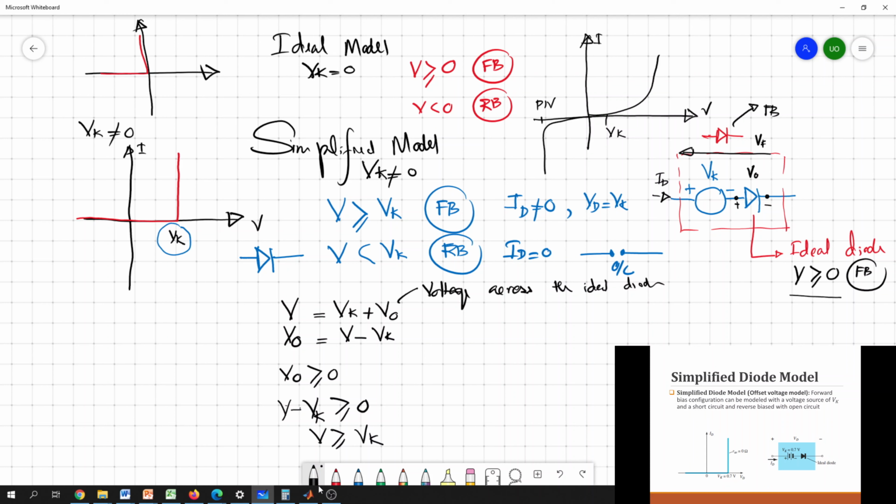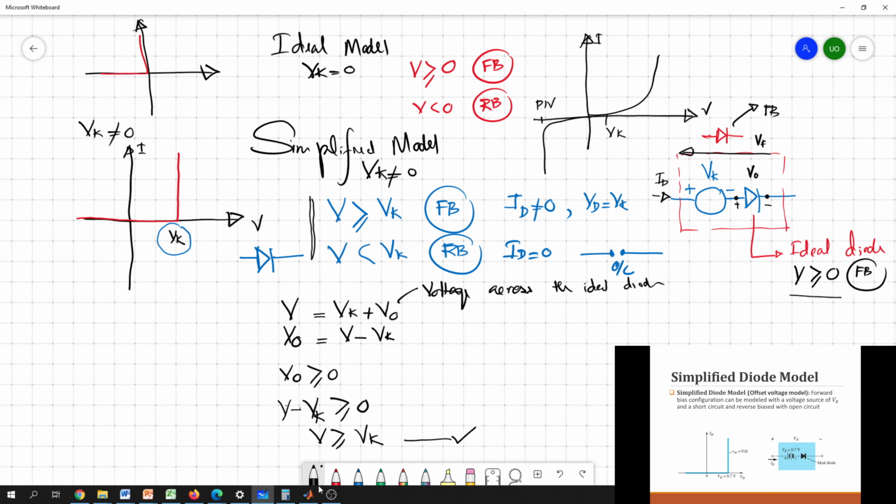So to make this ideal diode conductive, you have to maintain this: the applied voltage across this entire block should be greater than or equal to Vk. So this is satisfied. For the simplified model, this is the VI characteristic, and these two are the conditions you need to check